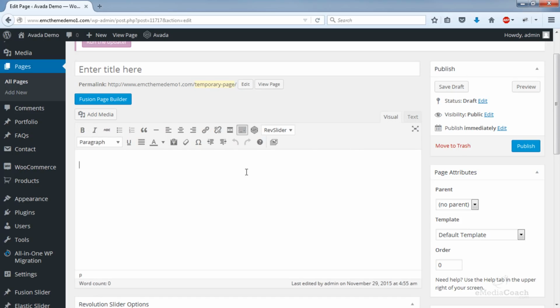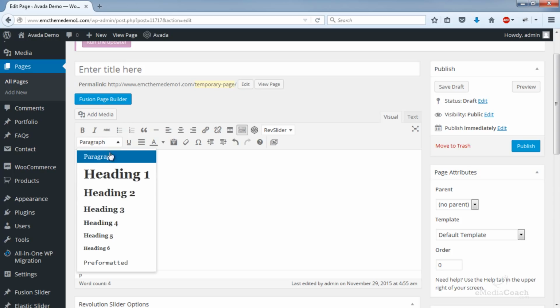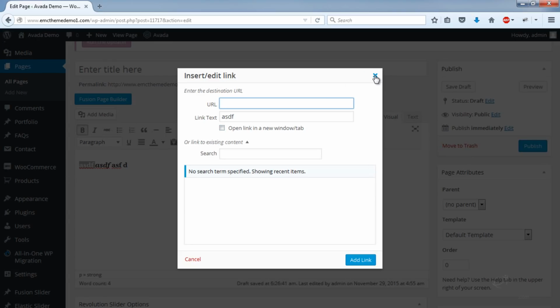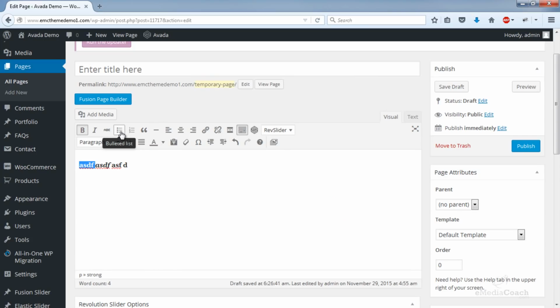However, the visual tab works very similar to a word processor. You've got all your functions, for example, titles, headings, you can bold, you can italic, you can do all of that stuff. You can add a link, so that's that icon there. You can add quotes, you can add bullet lists. To be honest, it's exactly the same as a word editor,